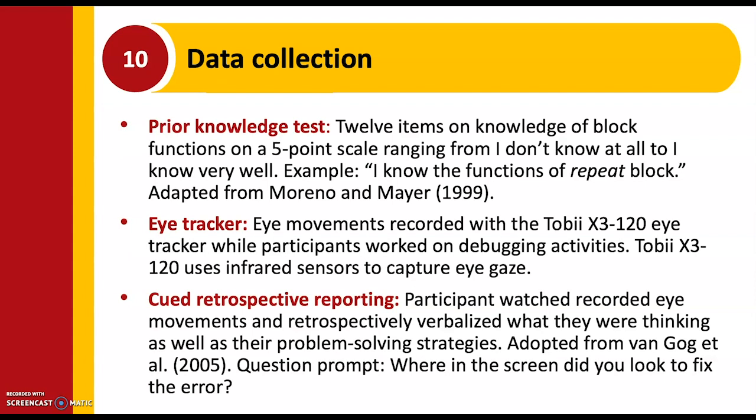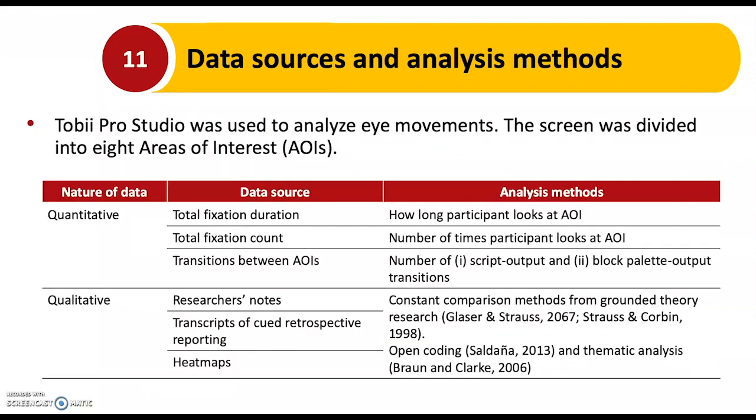Question prompts were adopted from Van Gog et al. 2005, such as, where in the screen did you look to fix the error? Did you find the cause of the error? And what are you looking at now, and why? As data sources,